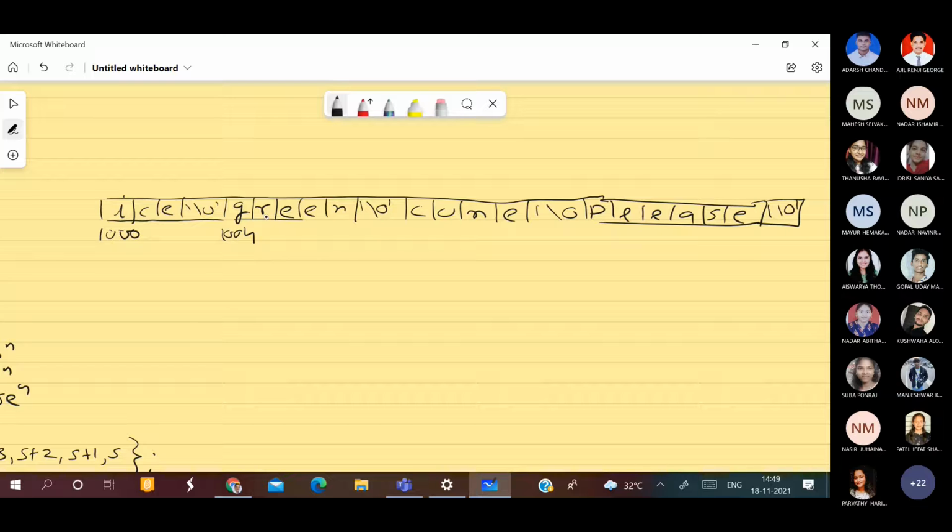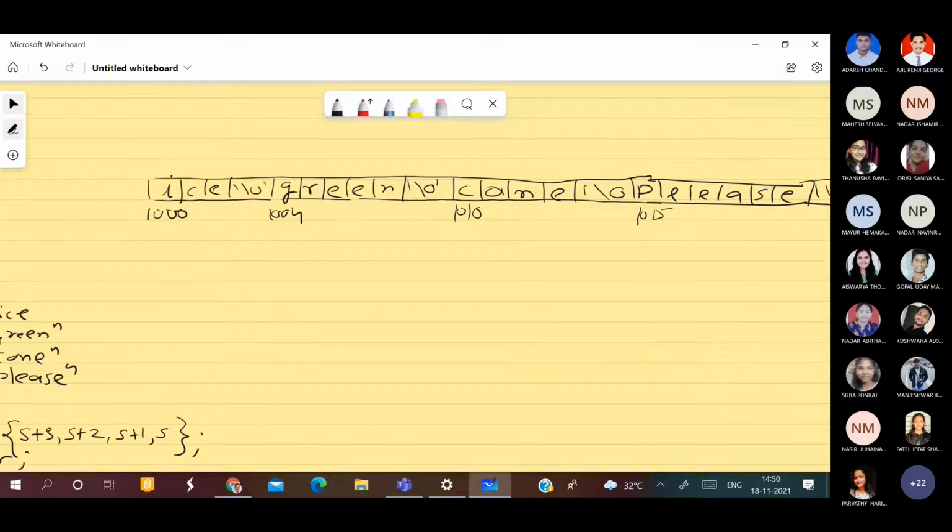Then R is 1005, E is 1006, E is 1007, N is 1008, and null is 1009. So the next one, cone, will start from 1010. Is that clear? So O is 1011, N is 1012, E is 1013, again null is 1014. So please will start from 1015. Is this much clear to everybody?